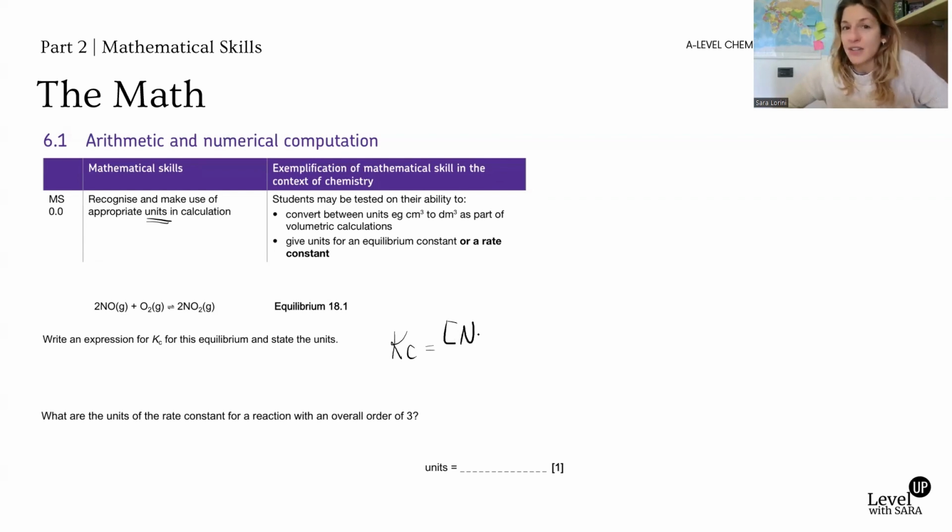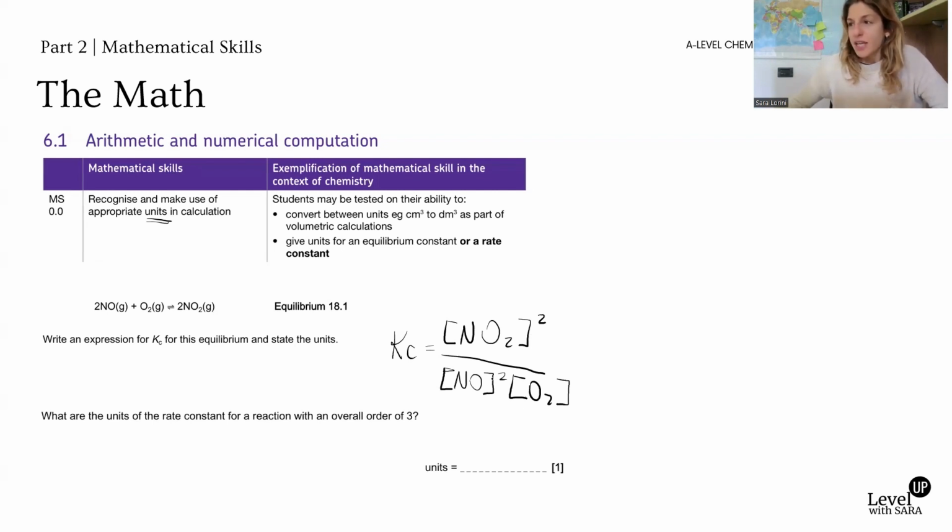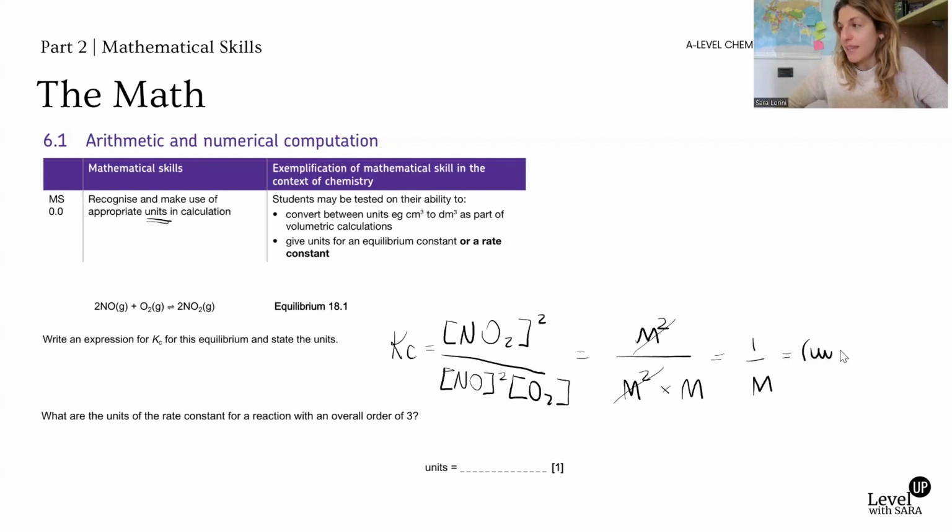We will do the concentration of NO2 to the power of 2, divided by the concentration of NO to the power of 2 times the concentration of oxygen. So it's products over reactants. Now, you can include the units in this calculation, or you could write it in a different way, because we have the unit, which is the molar concentration, squared at the bottom, squared at the top. So they cancel out, leaving one unit this way. Now, remembering that it's mole per decimeter cubed, remember that,